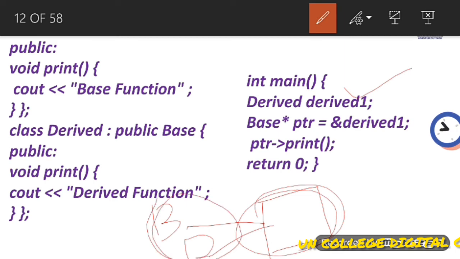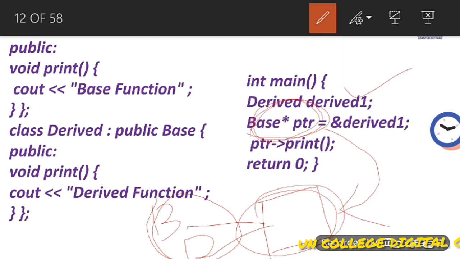Then when we are using a base pointer, the pointer is referring to a derived class object. Yes, it is true. One base class pointer can refer to a derived class object, but the reverse is not true. Already I have explained this. So by using a base class pointer, you can refer to the derived object, no problem.